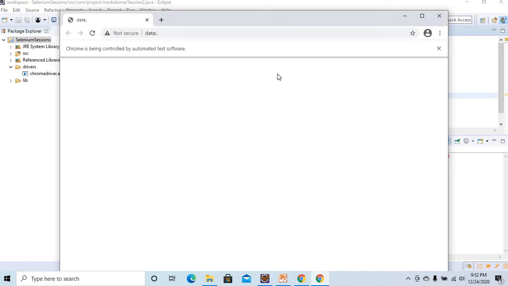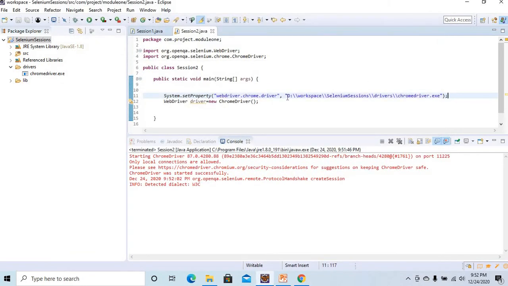So opening the Chrome browser is nothing but creating an object of the ChromeDriver class, and before doing that we need to set System.setProperty. For that you need to download the chromedriver.exe file. Now look at this point: this is a little bit hardcoded.